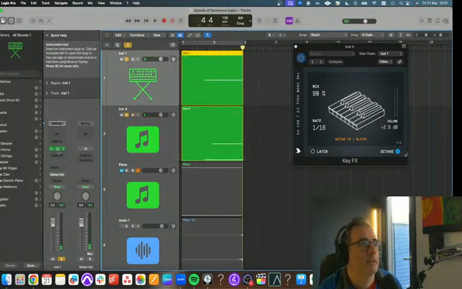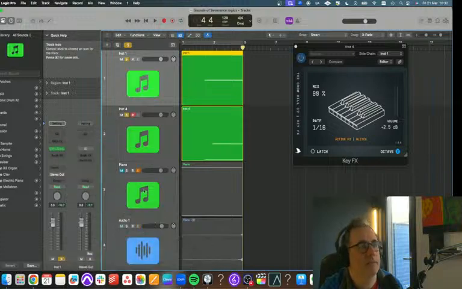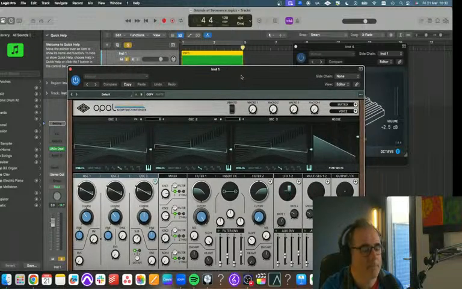So that ES2 is fine, but maybe we can make it a kind of a cooler sound. So we come into, what do I want? I want these guys. And maybe the Morphin synth. This might sound a little better.